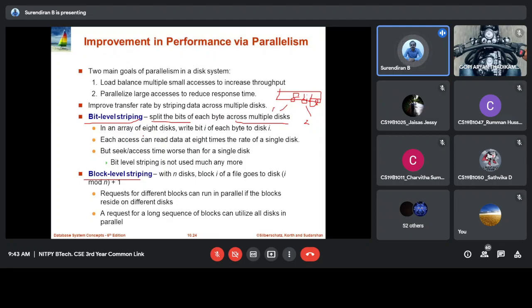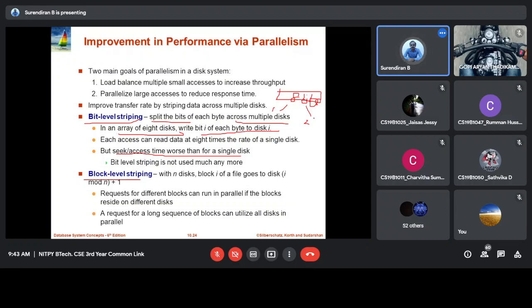For simplicity, they take 8 disks and write each bit in each disk. This is not much used because of the high access time for reading from the disk. That is why we go for block level striping.